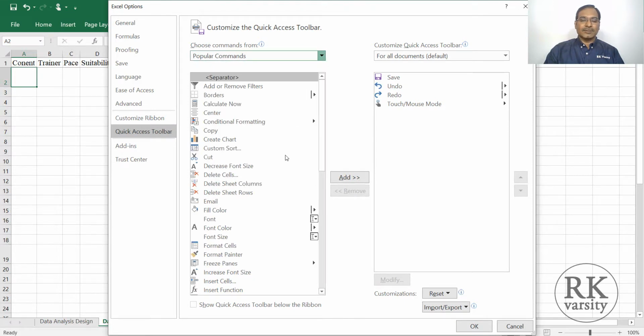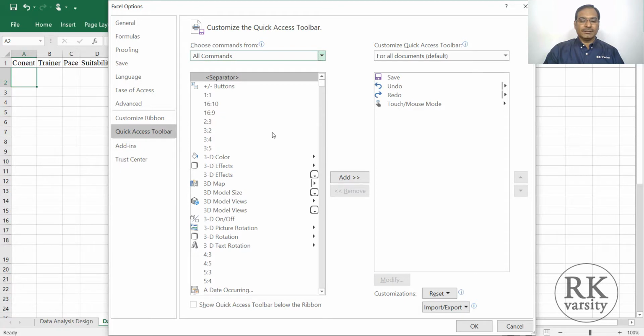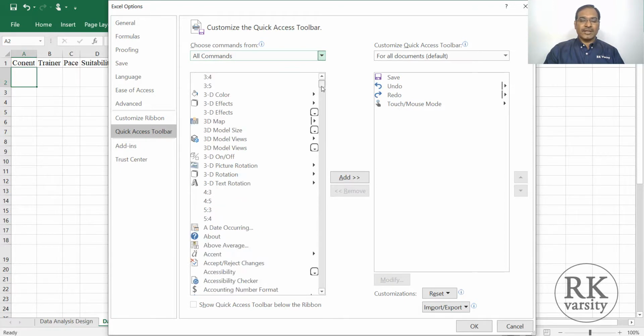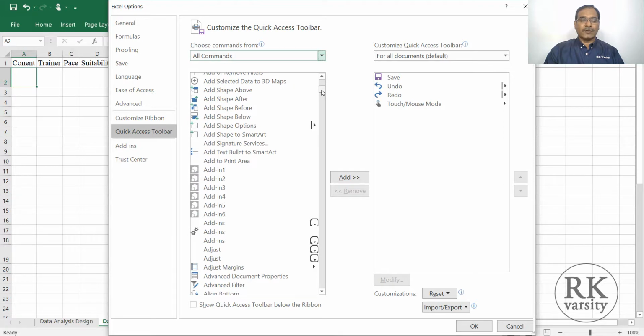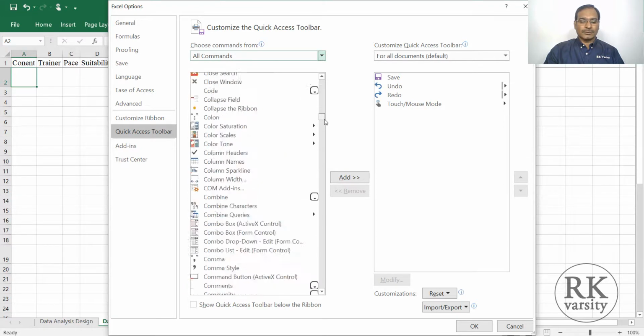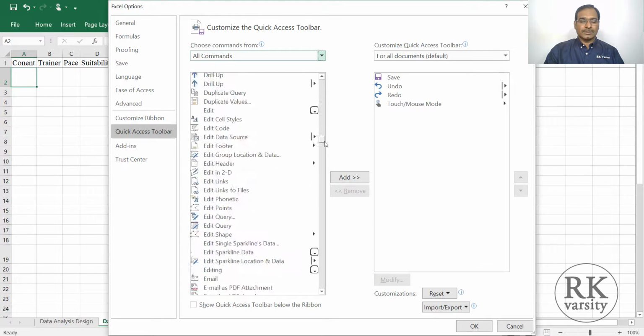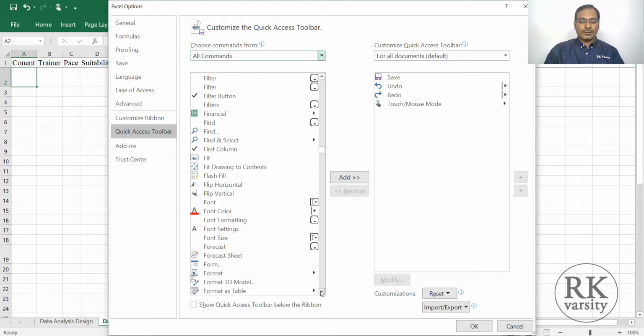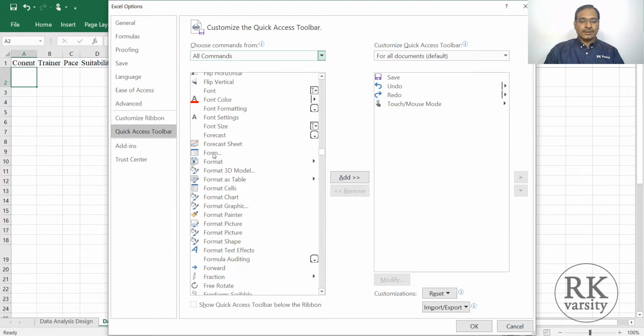So all the commands available are listed here, in alphabetical order. As you want to create a form, scroll down till you get Form. Form is listed here. Now select Form, then click on the Add button. So Form is added to your Quick Access Toolbar. Then click OK.